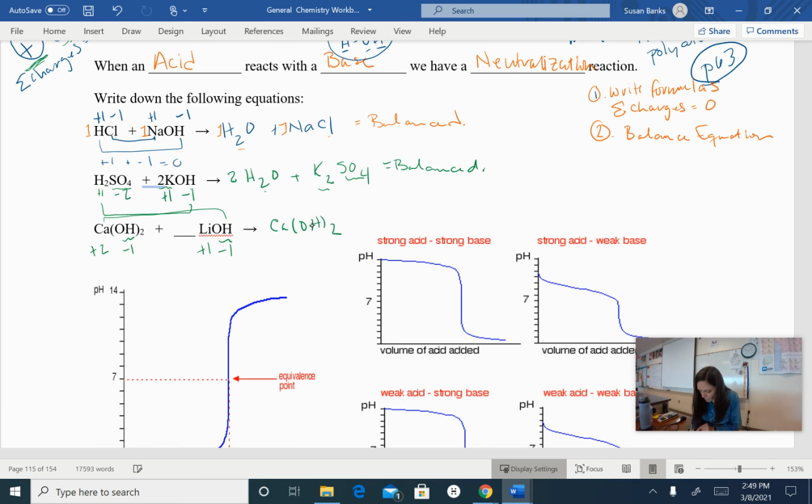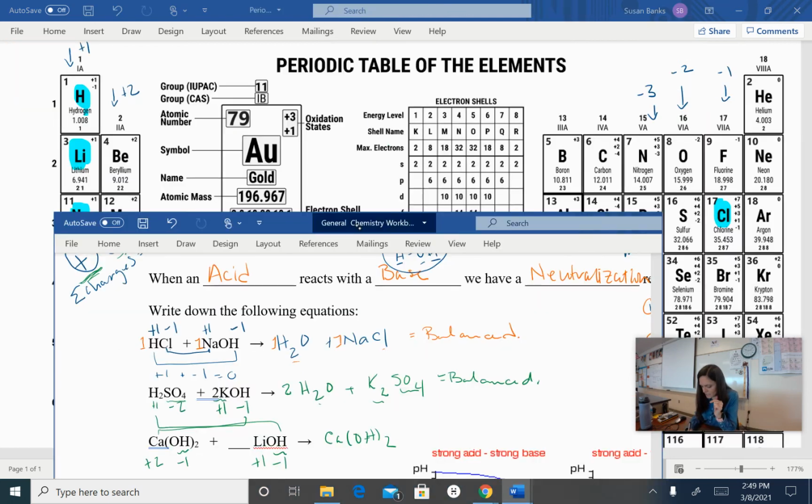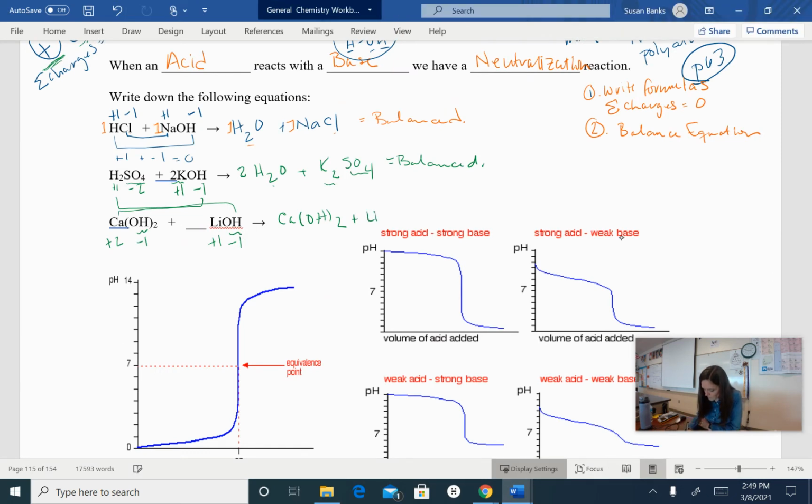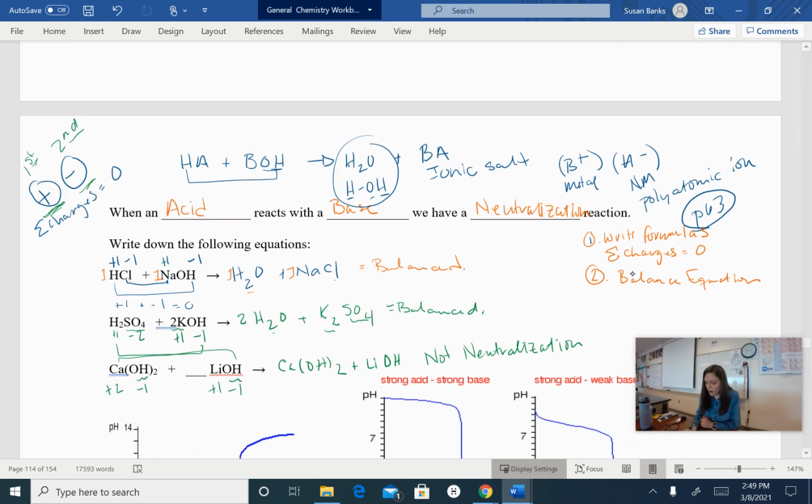And lithium is a +1, and hydroxide is a -1, so they just need one of each. Okay, did we change anything? We didn't neutralize anything. That is not a neutralization, because having a neutralization, we would always make water. We didn't change anything at all. Okay, so remember, when we are doing a neutralization, we are always making water